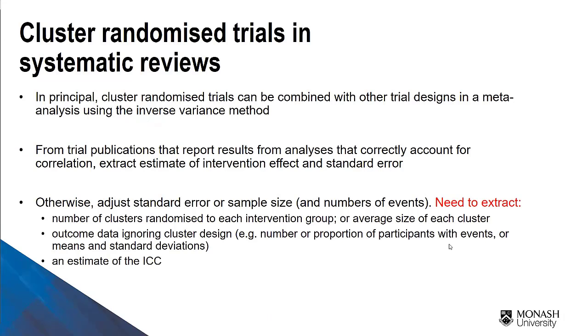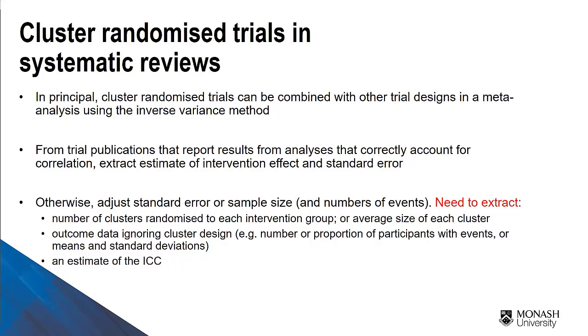So in principle, now moving to the systematic review level, cluster randomized trials can be combined with other designs in the meta-analysis, again using this inverse variance method. From trial publications that report results from analyses that correctly account for correlation, we can just extract the effect estimate and its standard error, and we can directly use that information in our meta-analysis. But if in the trial they have analysed the individual level data, but they haven't accounted